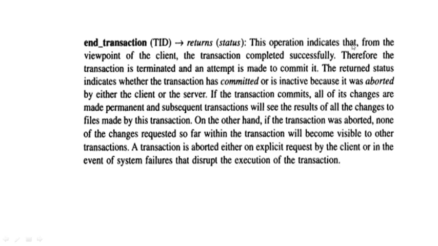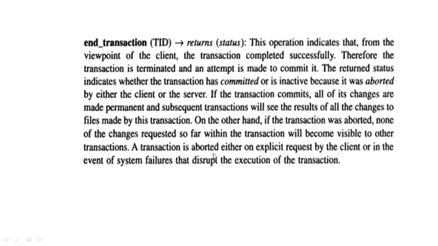This operation indicates that, from the client's point of view, the transaction completed successfully, so it makes an attempt to commit the transaction. So end transaction will return in two cases: either a successful commit state or an abort state, meaning the transaction is not yet completed.